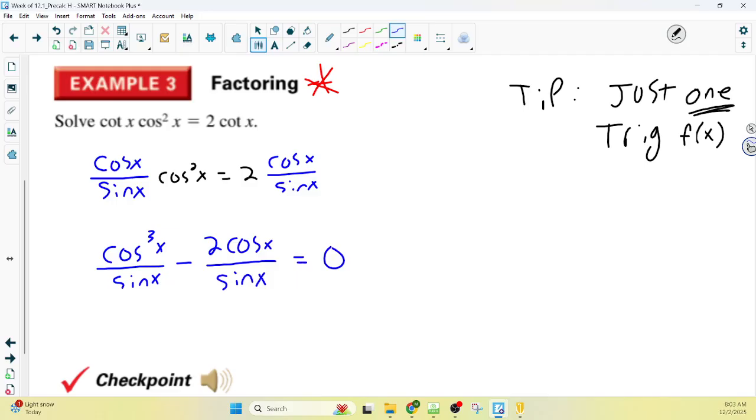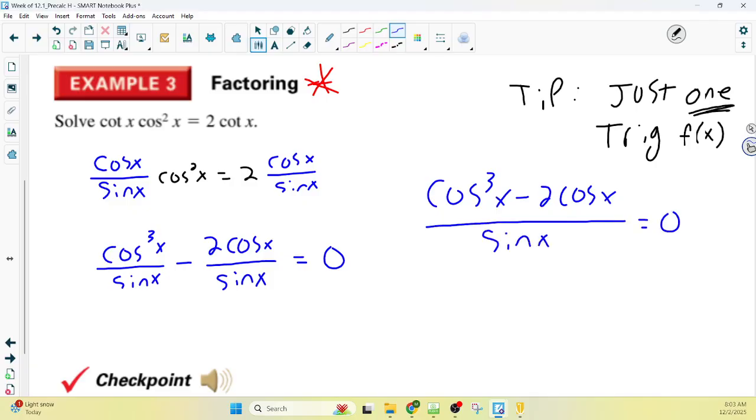And that equals 0. You can check my math. I think I'm okay. What are your thoughts on this? I mean, it has a common denominator, right? So if I look at this, cosine cubed of x minus 2 cosine of x, all over sine of x